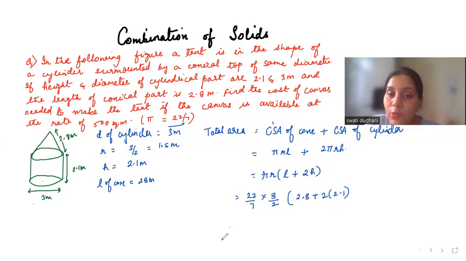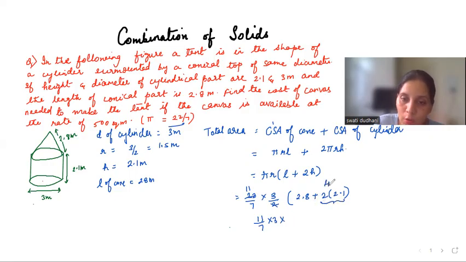So mainly you lose marks in calculation. So how do we calculate the surface area? So calculation is easier if you reduce everything. Reduce everything means here I can write 2 ones are 2, 11s are 22. So what do I get? 11 by 7 into 3 into, now 2 into 2.1 is how much? 4.2. 4.2 plus 2.8 is 7. So 7, 7 cut, 11 into 3, 33 meter square. Okay. This is meter square.